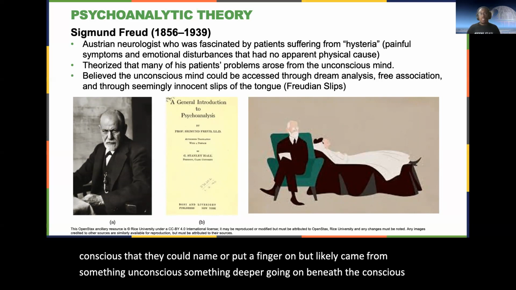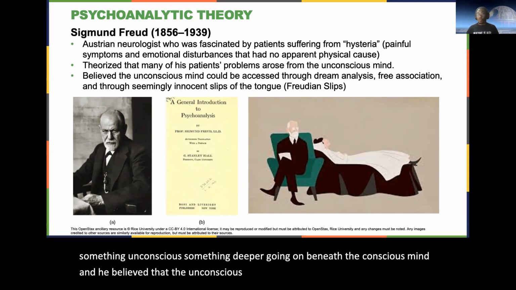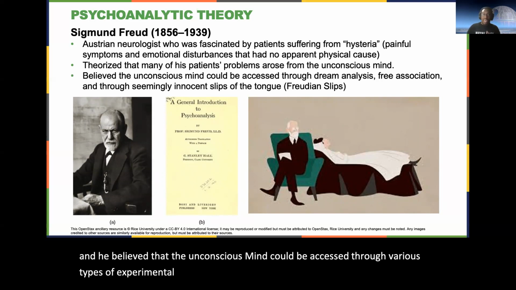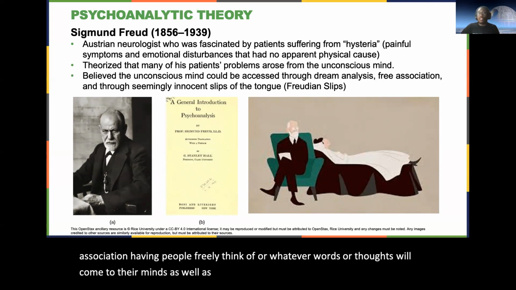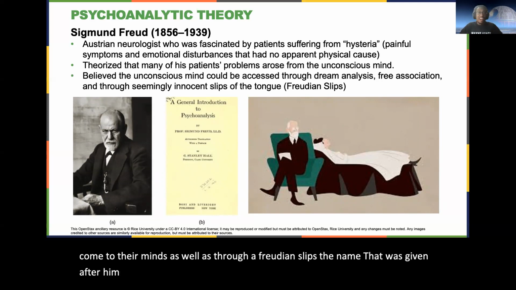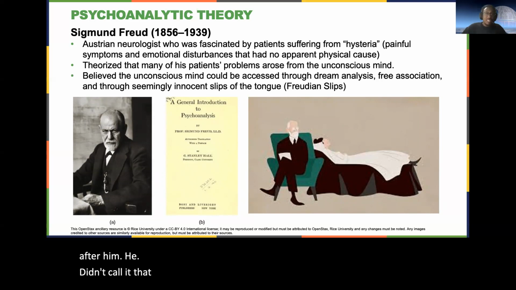And he believed that the unconscious mind could be accessed through various types of techniques, such as analyzing people's dreams, free association, having people freely think of whatever words or thoughts will come to their minds, as well as through Freudian slips, the name that was given after him. He didn't call it that, referring to seemingly innocent slips of the tongue. An example of a Freudian slip,